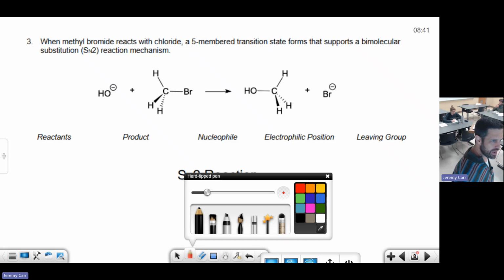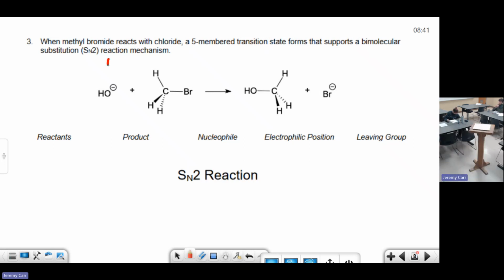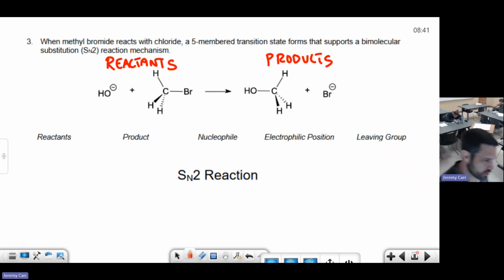So where are the reactants? Let's ask the class here. Where are the reactants in this? What side of the arrow are the reactants on, the left or the right? Left in this case, okay? Just making sure everybody's got a pulse in the room. Okay, where are my products? On the right, there we go. All right, so you passed the first test. We know people are alive out there.